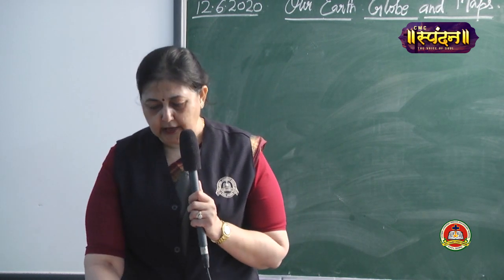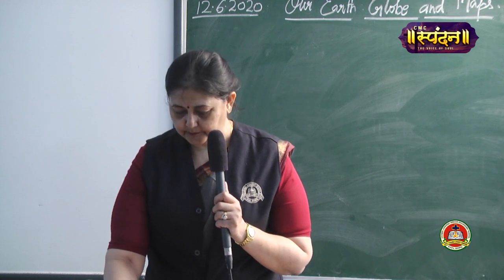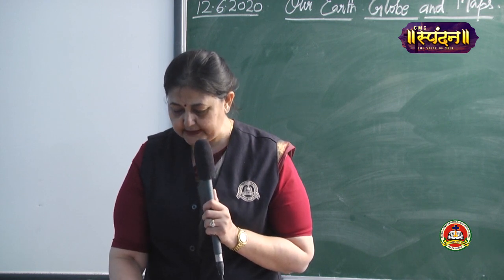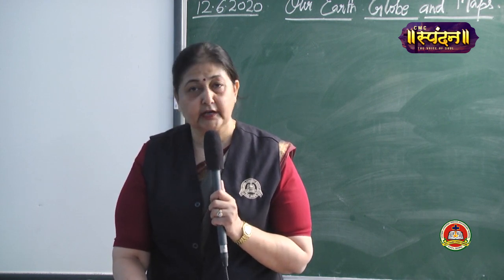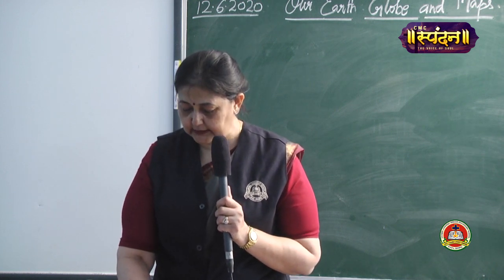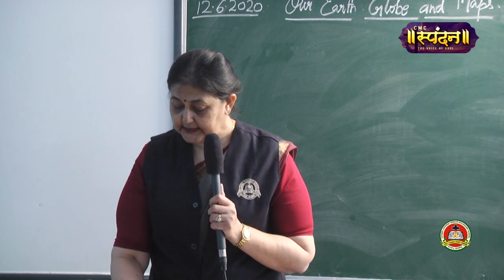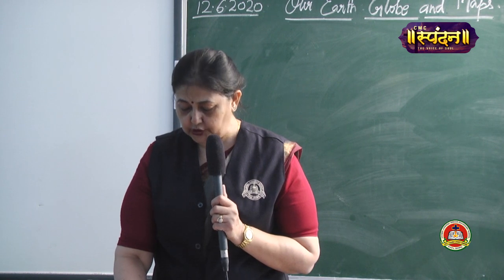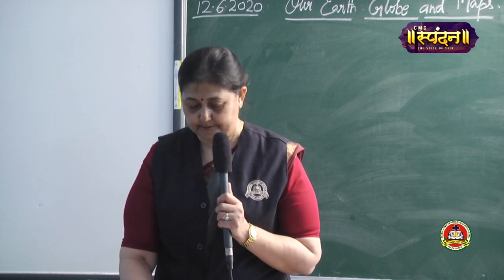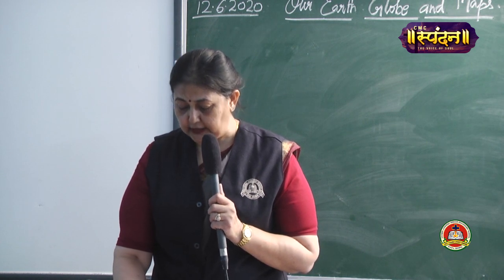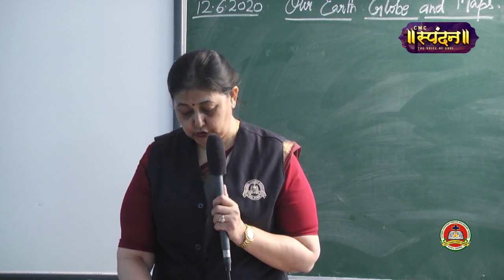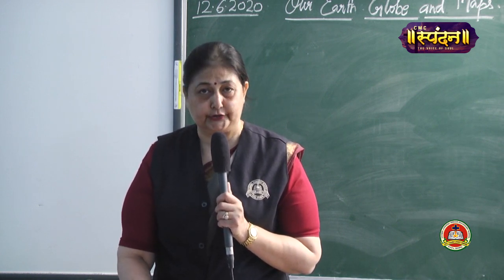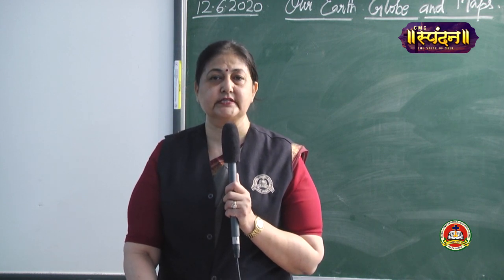Alright? Our Earth, Globe and Maps. In the last chapter, we read that the Earth's shape is like a sphere. Sphere means, children, round. Yet, the Earth looks flat to us. This is because we can see only a tiny part of the giant orange that the Earth is shaped like. This makes it difficult for us to study it. So, we study it with the help of something that looks like our Earth. Children, that looks like our Earth is the globe.